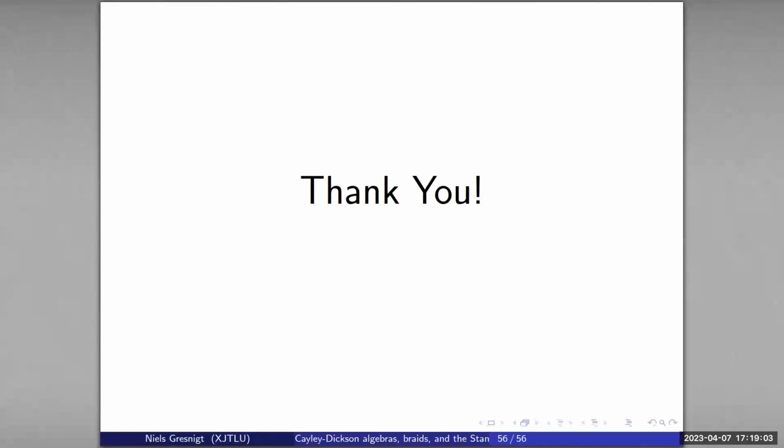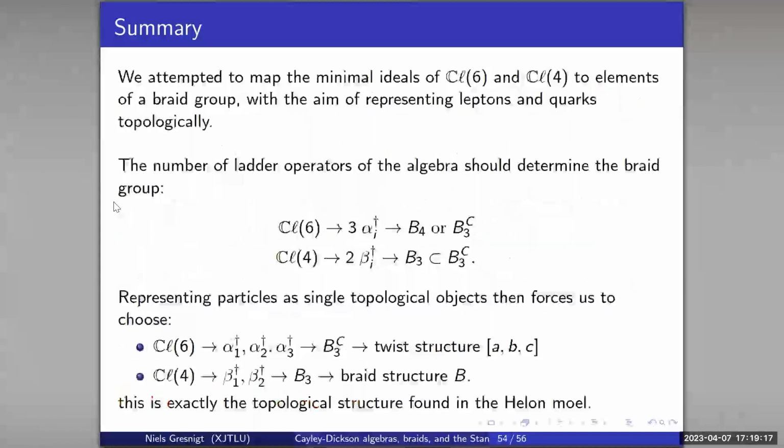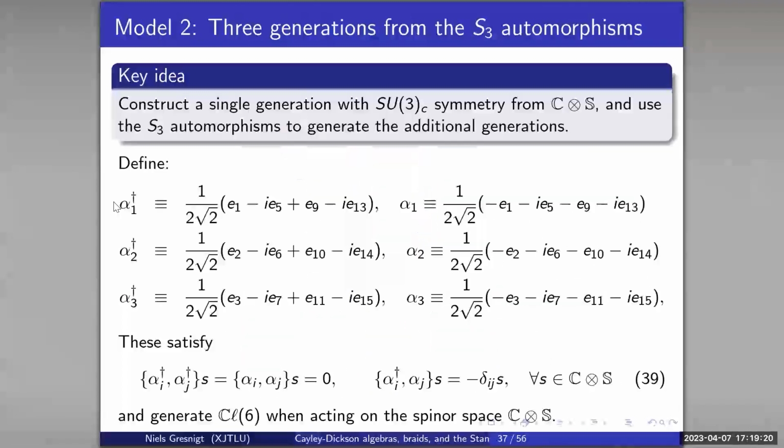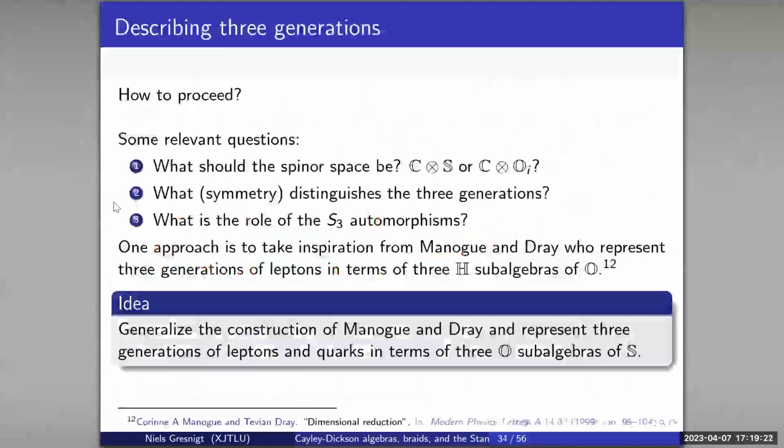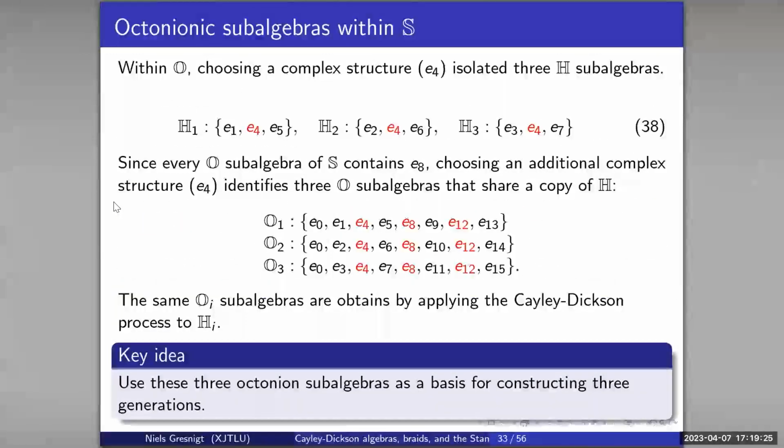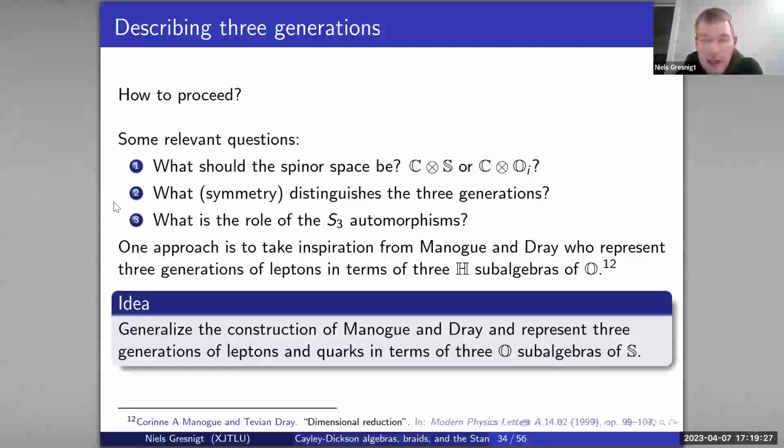Anyway, so I have 2 questions, but the first one is the S3 automorphism property when you go up the Cayley-Dickson ladder. Is that essentially the same structure that, as you pointed out, we were using in that dimensional reduction paper over the quaternions? Yes, although I'm not sure. Are you using S3? I don't think you explicitly state that, do you? No, absolutely not. I don't know that I had even realized that that's what the symmetry was.